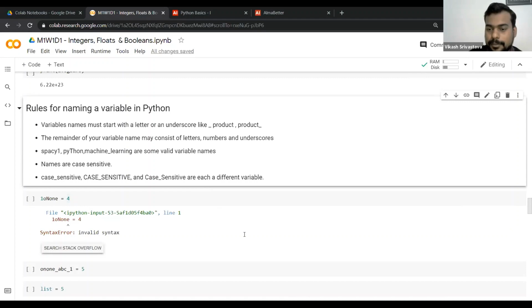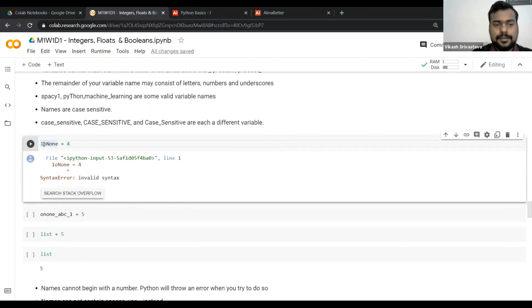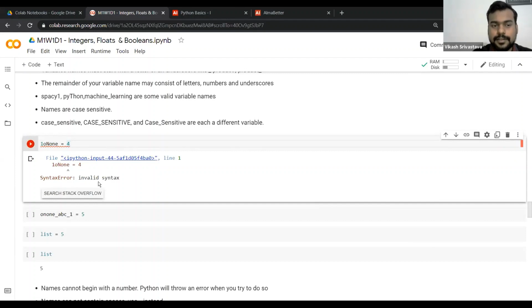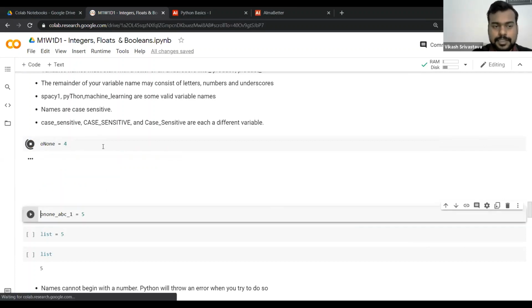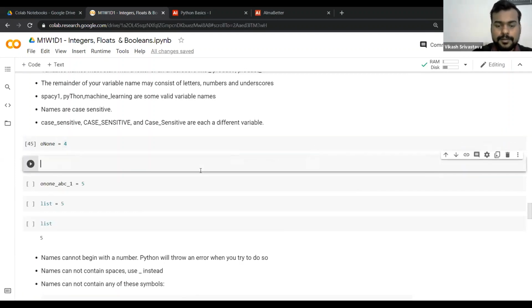different variable names, right? So okay, now let's say I want to write a variable name whose first character starts with a number. Do you think this will run or give us an error? So this gives an error. It says that it's an invalid syntax. What if I just get rid of one, and let's see. So this is a valid variable name, and I can check what O,